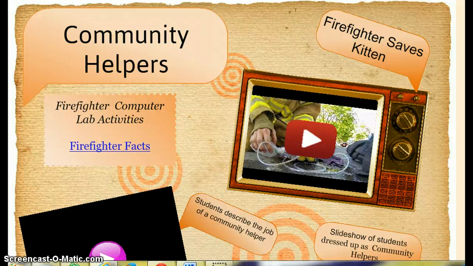Hello you all, my name is Tony Odom, and I'm going to tell you a little bit about building a Glogster with community helpers. We started off in kindergarten with trying to do an activating strategy, and the strategy that